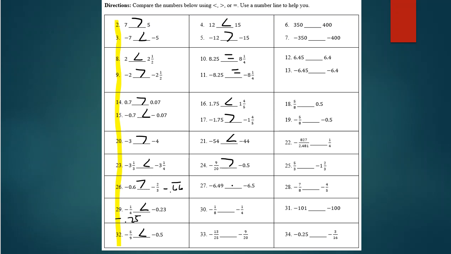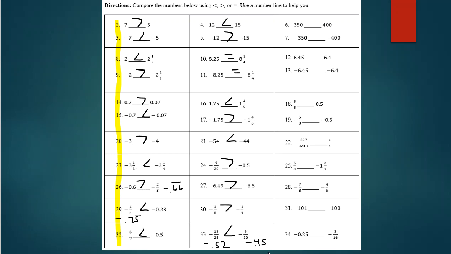Okay. -6.49 is bigger than -6.5. -1/8 is bigger than -1/4. And then for the last one,